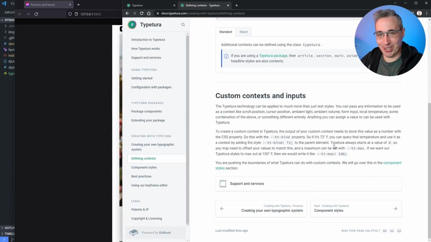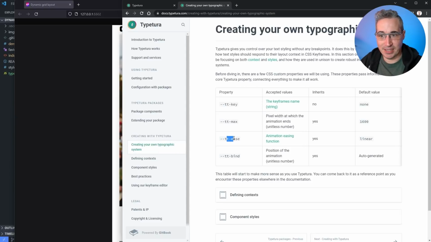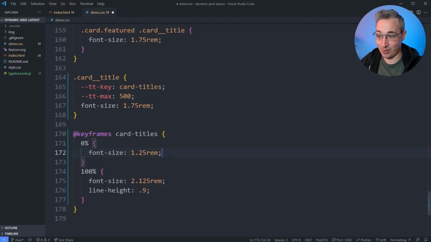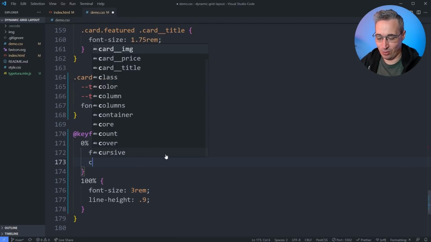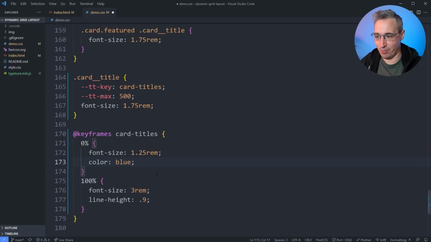But there is another thing I want to look at. We're not going to do that exactly here, but one thing I do want to look at, and another one of the things that we can come into, is the easing. And actually, to see the easing in action, we should probably come back and add the colors back in here, and maybe bring this back up to a 3. So let's do our color, we'll just do blue and then red here, color red. And here we're going to come in with the